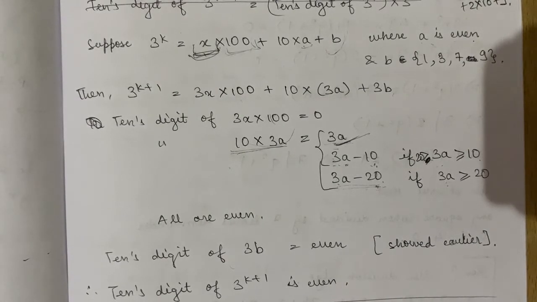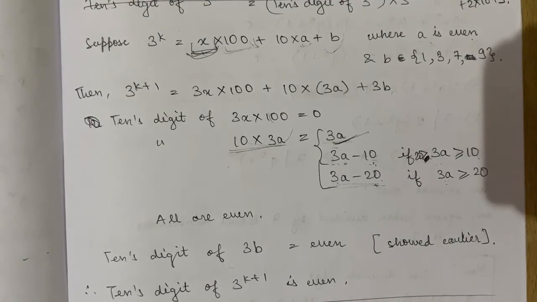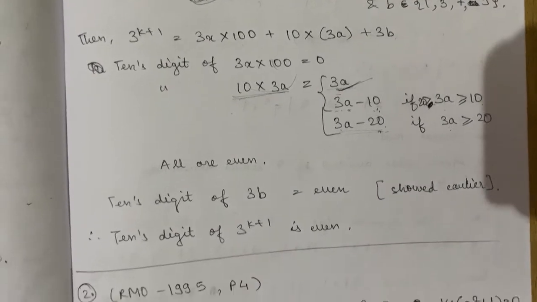So there were 2-3 ideas very essential to this problem. One was to identify that the ones digit of powers of 3 occurs in a cycle. It could only be 1, 3, 9 or 7, and if you multiply 1, 3, 7 and 9 by 3, the tens digit would always be even. The final and important step was to use induction in this proof. So this concludes the problem. Let's look at the next problem now.